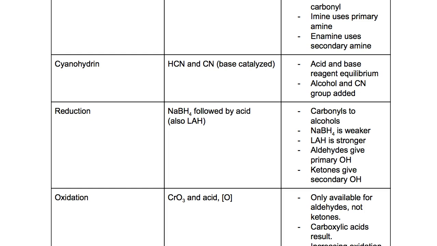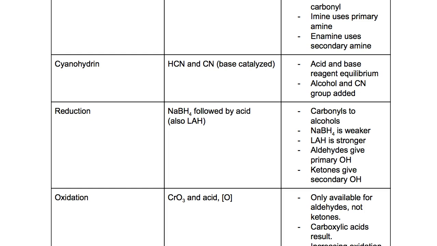So reductions are going to use sodium borohydride followed by acid. You could also use lithium aluminum hydride, which we talked about. Carbonyls are going to be converted into alcohols, and in this particular lecture we looked at aldehydes and ketones being turned into this set of alcohols. However, we did also mention that esters, carboxylic acids, and some of the derivatives of carboxylic acids can also be